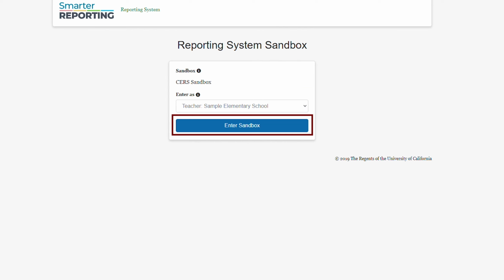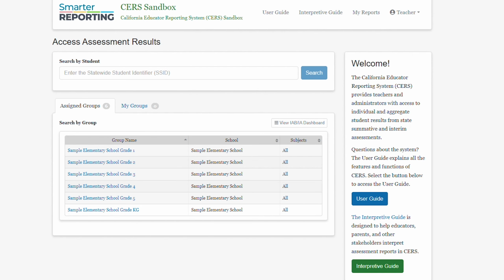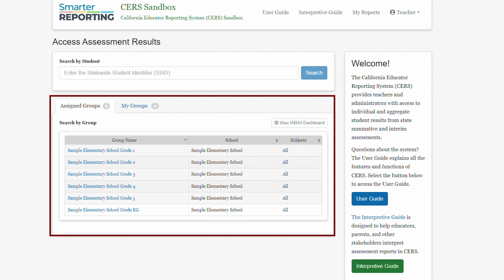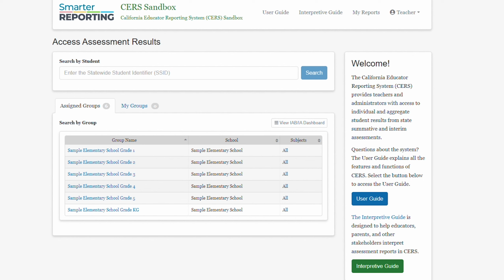I will select the Enter Sandbox button. The Assigned Group section is in the center of the home page. If you log into your live SIRS environment and you do not see any groups, please contact your site administrator or your LEA assessment coordinator to have those groups assigned to you through rostering, which is also called Manage Student Groups in SIRS. I will select the Sample Elementary School Grade 1 group, which brings me to the results view